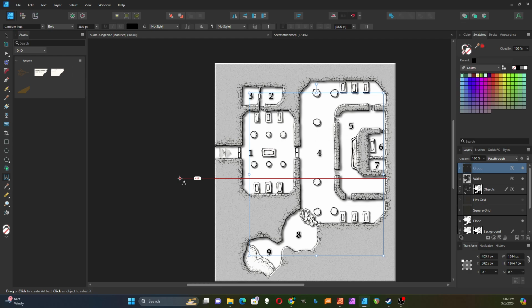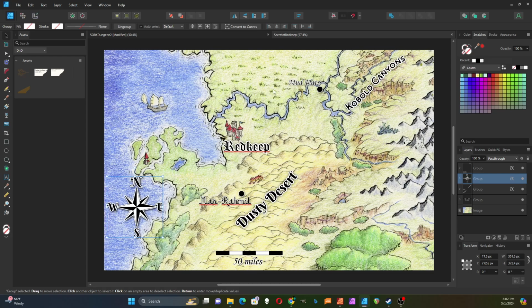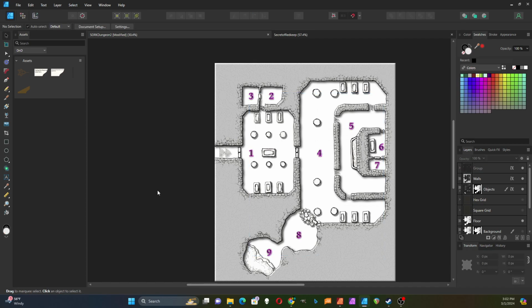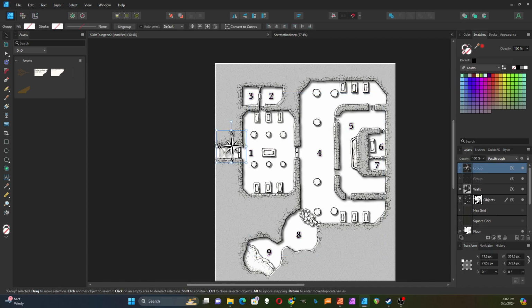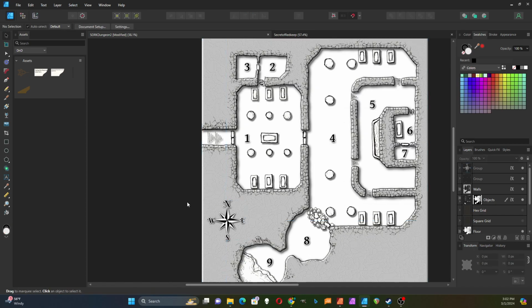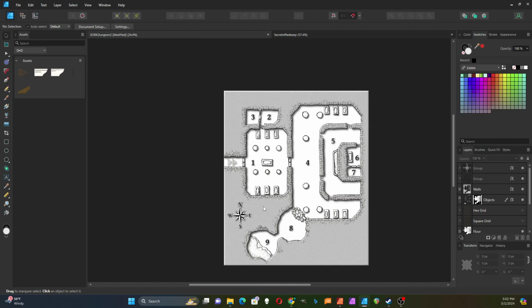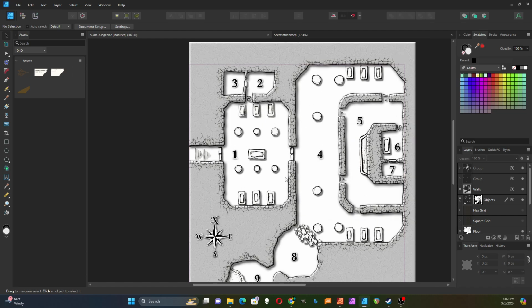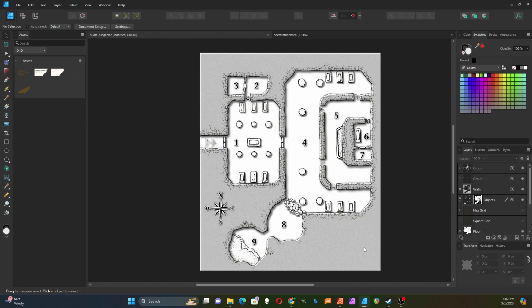The other thing, and you should probably think of this before you add the other stuff, is I need directions on here. So I'm going to select my compass rose from that I did previously, and I'm going to put a compass onto this one, and I can put it right down there. So now I've got a compass, I've got my room numbers. I might number some others, put some other labels in here,